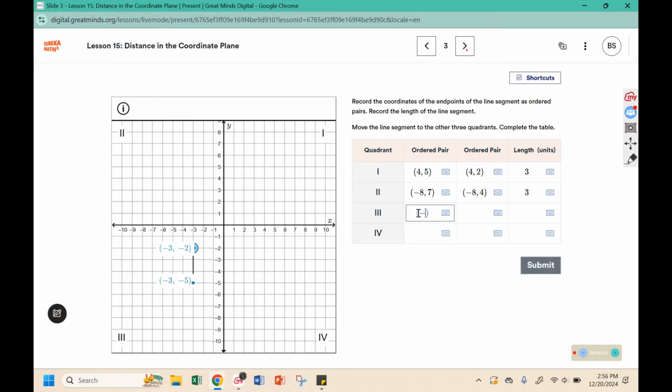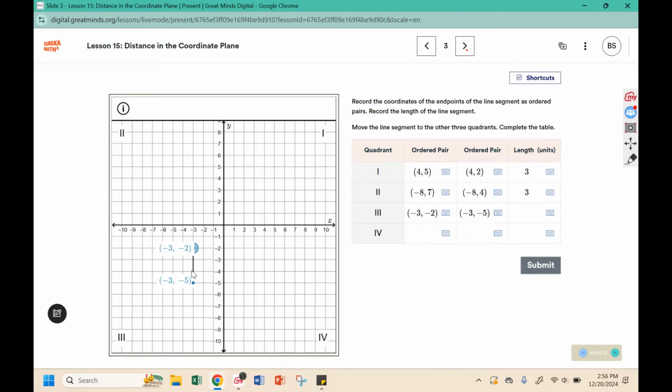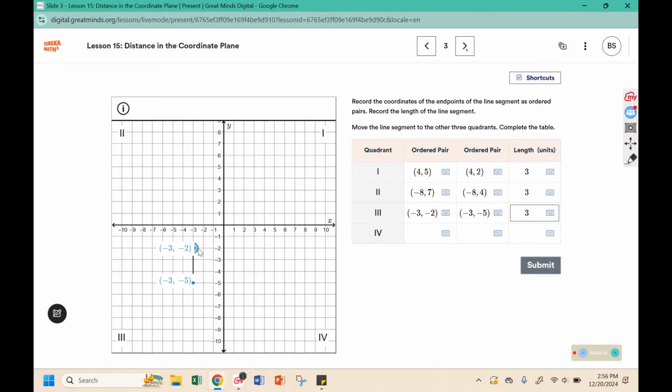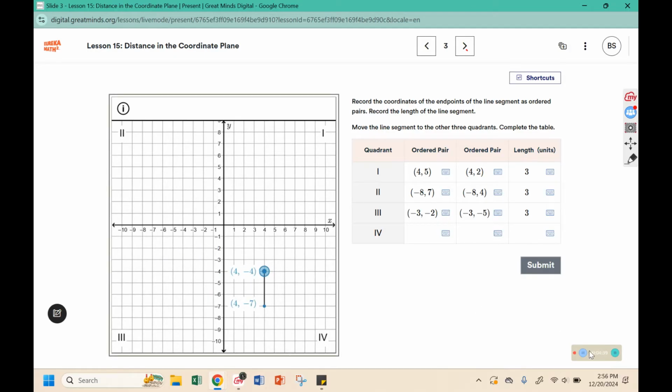This one is -3, -2, -3, and -5. The distance or the length of that segment is still 1, 2, 3. And in quadrant 4,